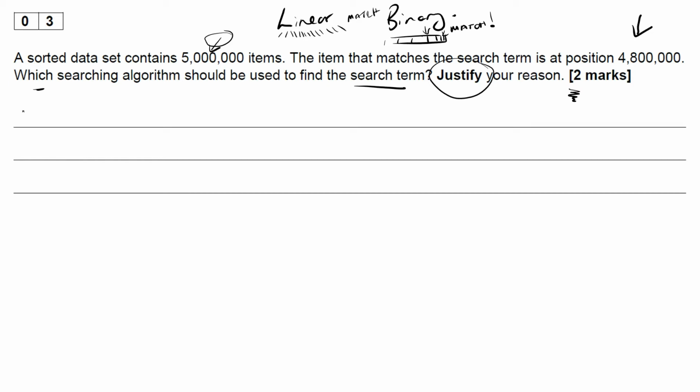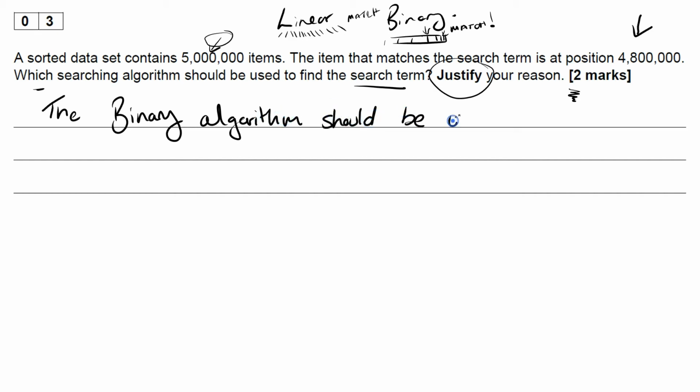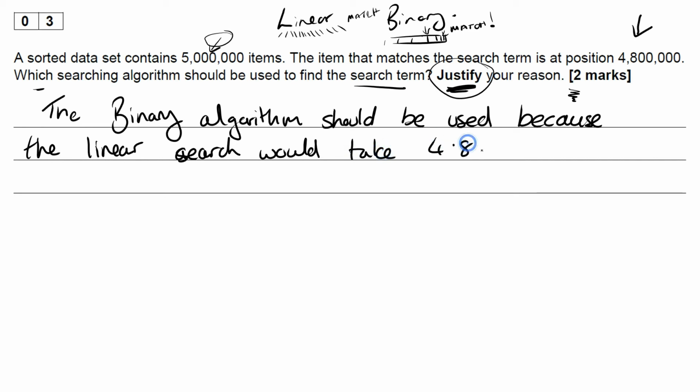So it's saying a sorted data set contains 5 million items. The item that matches the search term is at position 4.8 million. Which searching algorithm should be used to find the search term? The binary algorithm should be used, and then we've got this justify, so we're putting a because at the end and giving a valid reason: because the linear search would take 4.8 million comparisons before finding a match,